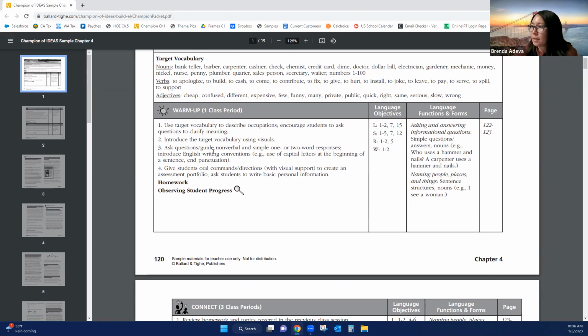You're also going to see a lot of grammar. So we care a lot about grammar. This time it's going to be the writing conventions of capital letters and ending punctuation. Definitely important to teach, whether level 1 or level 2, right? And something for refinement for those higher levels. But you are going to see listening and speaking practice to then write using the vocabulary.